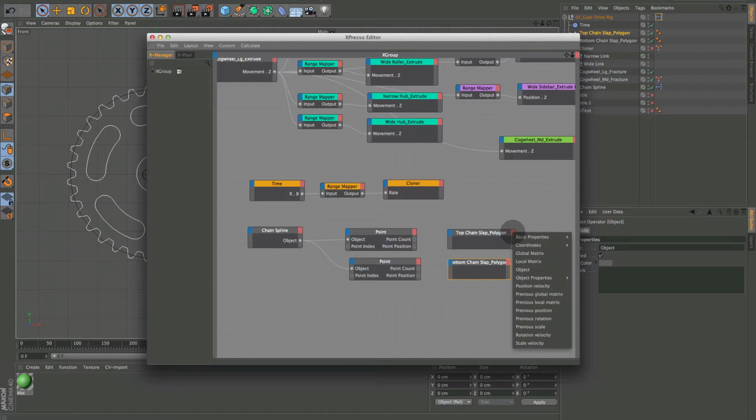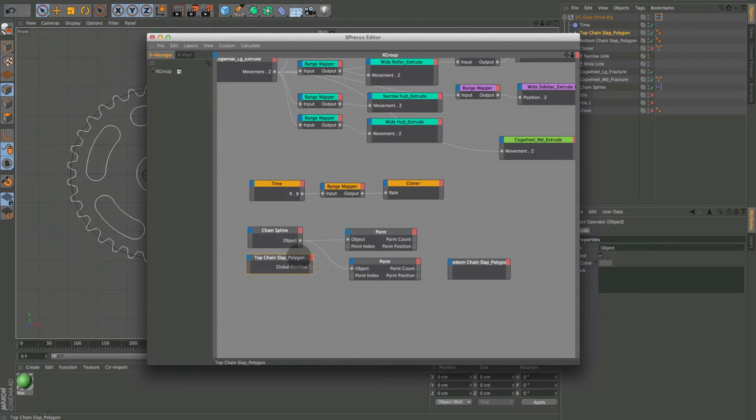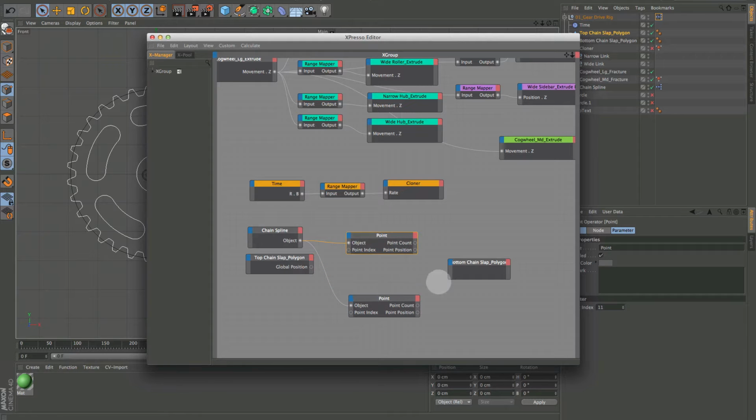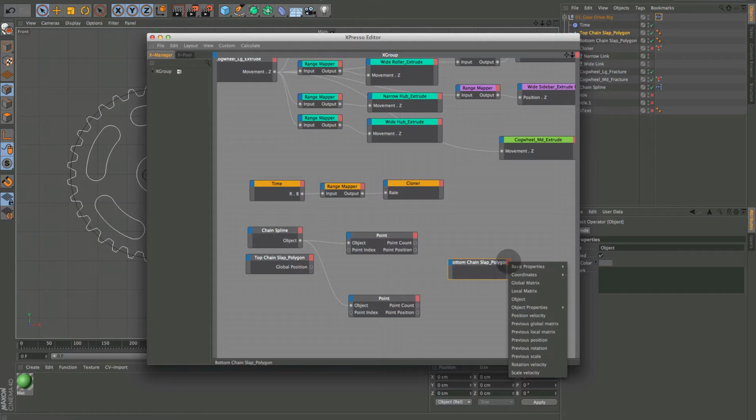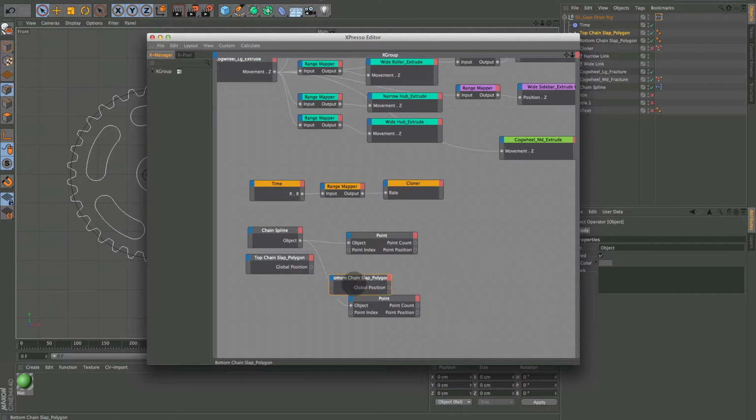And now we want to go in on the red side because we want to control that point, and we're going to go coordinates, global position again. And let's bring that back here. And let's keep our points. This is our top, this is our bottom. And we're going to go to the red box on the right, coordinates, global position, and we're going to bring